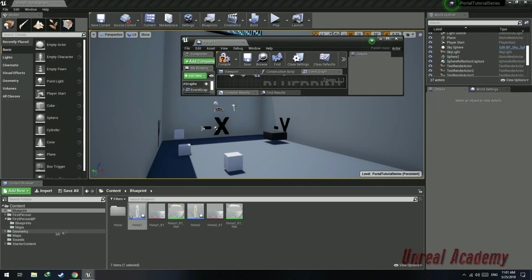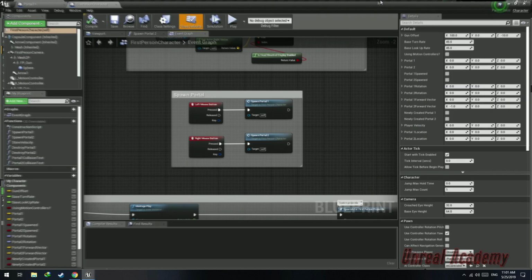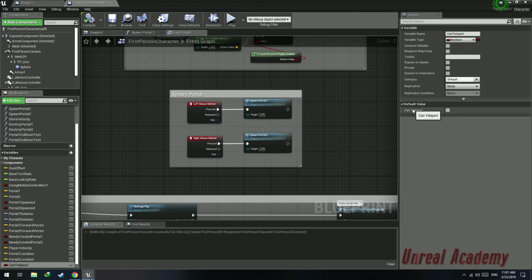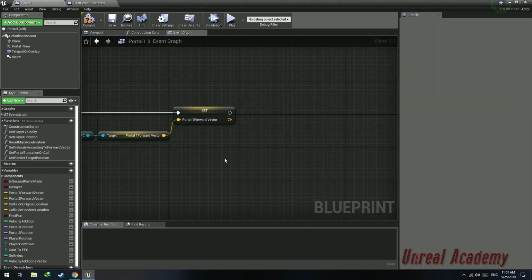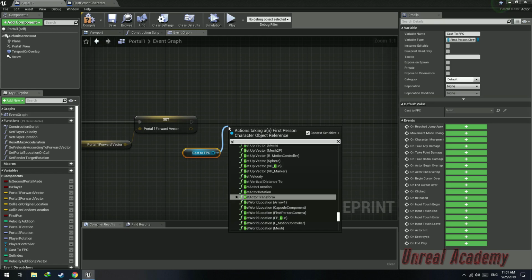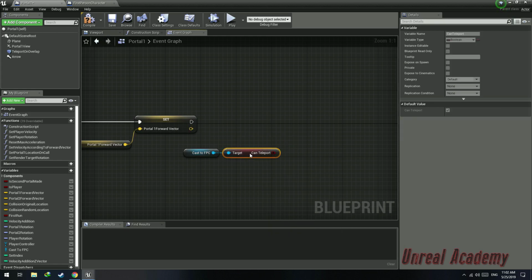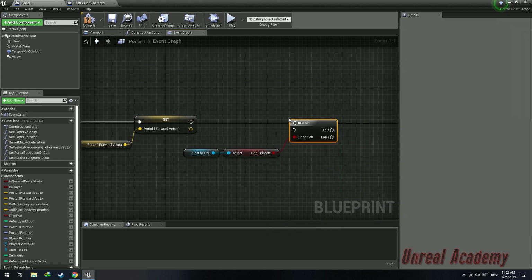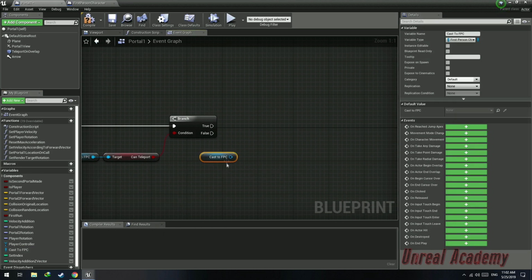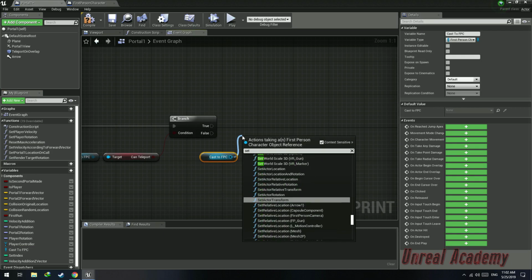Then we're going to navigate to our player blueprint directory, open it up, and create a new boolean variable, can teleport, and hit compile, and set the default value of the can teleport boolean to true. Compile. Now cast to first person character again, and get can teleport. Do a branch check. If the player can teleport, we're going to get the cast to first person variable, and we're going to just set can teleport